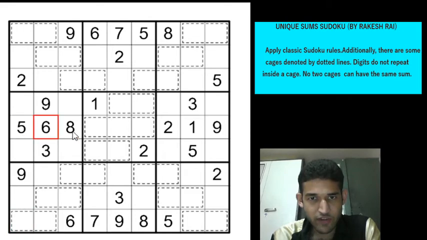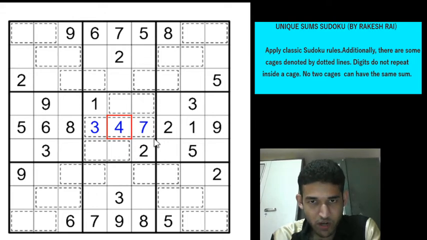Along row 5 we have 6 digits. The remaining digits are 3, 4 and 7 because we have 5, 6, 8 and 1, 2 and 9. Also 7 is in column 4 and column 5, that leaves 7 only one cell in row 5. And the remaining digits are 3 and 4, we have a 3 here, so that gives a 3 here and a 4 here.